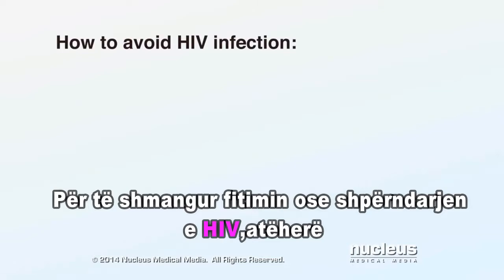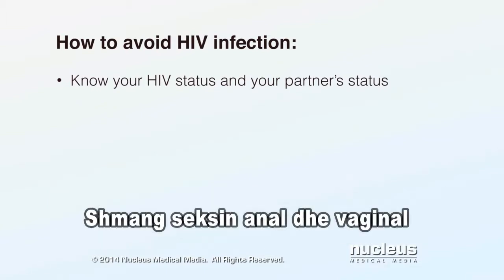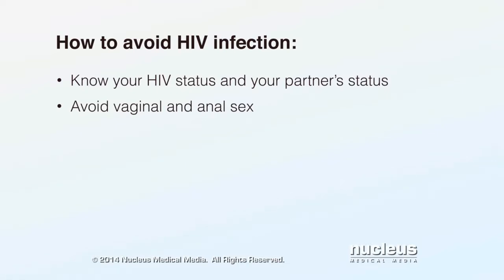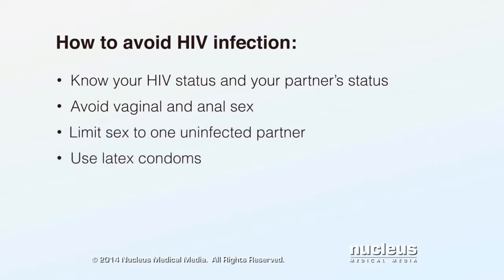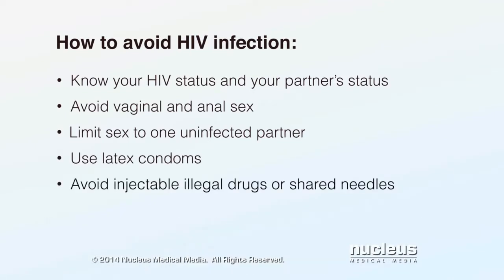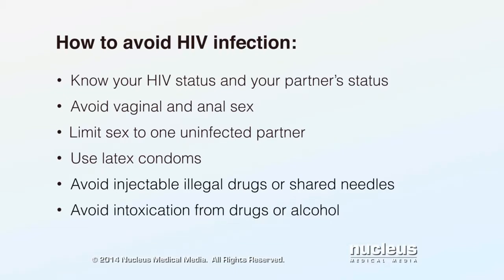To avoid getting or spreading an HIV infection, know your HIV status and your partner's status by getting tested regularly. The most effective way to prevent HIV infection is to avoid vaginal and anal sex. When engaging in sexual activity, you will be less likely to contract HIV if you only have sex with one uninfected partner or use latex condoms for protection. Avoid using injectable illegal drugs or sharing drug needles because the needles may have the virus on them. Avoid intoxication from drugs or alcohol because you will be more likely to